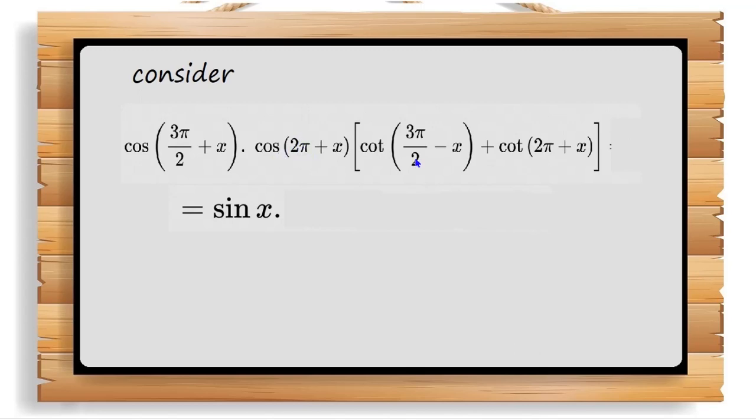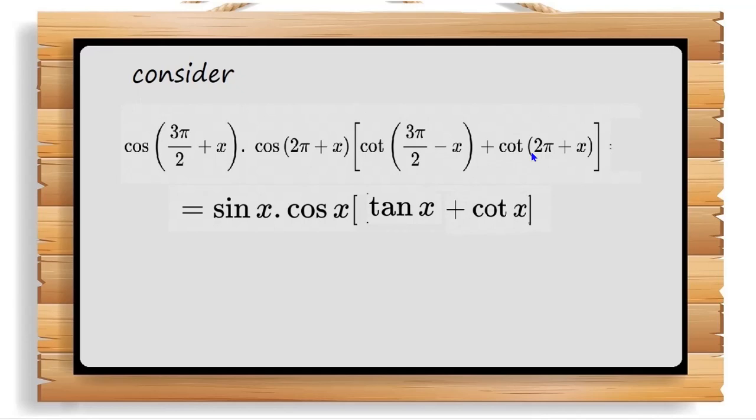It is equal to cos x. And now cot of (3 pi by 2 minus x). 3 pi by 2 minus x is in the third quadrant. In the third quadrant, cot is positive, and cot changes to tan because it is an odd multiple of pi by 2, and is equal to tan x. Now the last one is cot of (2 pi plus x). It is again in the first quadrant. In the first quadrant, cot is positive, and it is plus cot x.